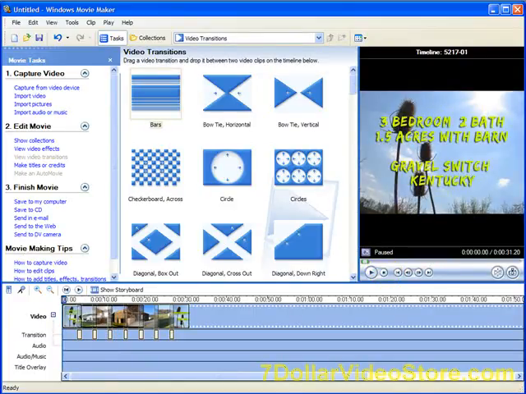Okay, so now we have our images imported into our new video, and we've set the transitions between the frames. So you have a nice smooth flowing video with that bar transition between each of the images. The next thing we want to do is add some background music, and to do that we